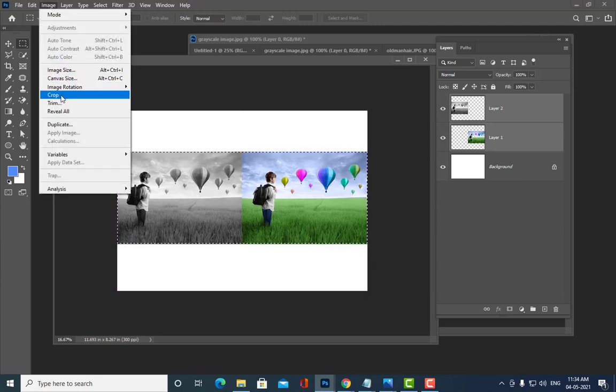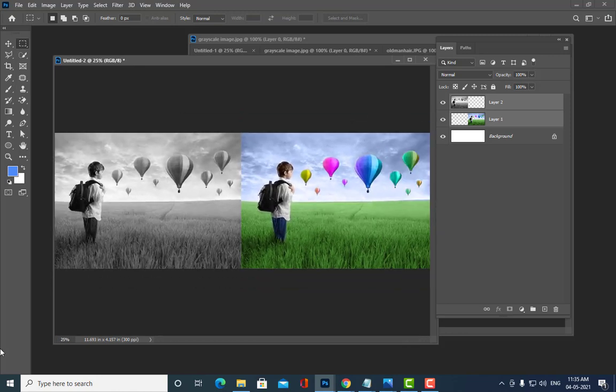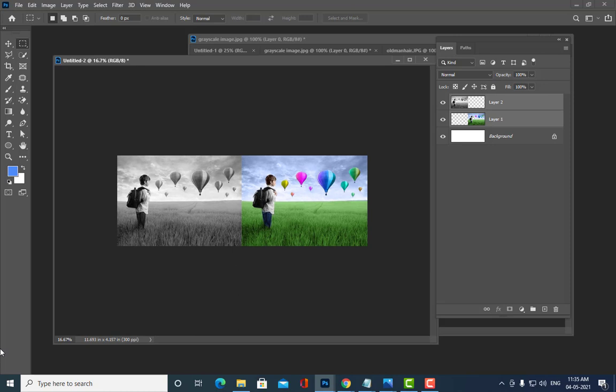See, just like our previous example, we have done color correction. Okay, we have completely colorized the image, and we have not used any adjustment here. We have done it completely by using blending modes. But let me tell you, you can also do it without going to blending modes. You can also colorize by simply using adjustments, and which adjustment I will tell you.